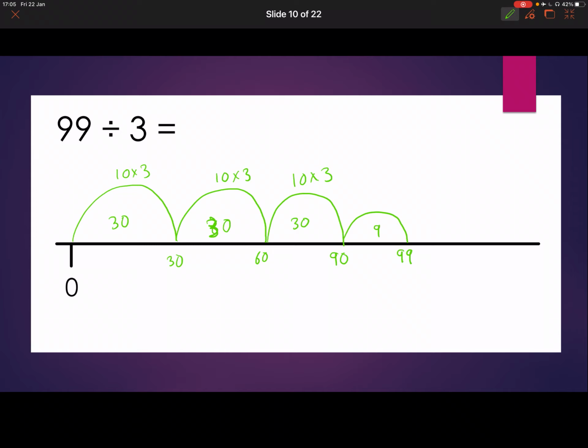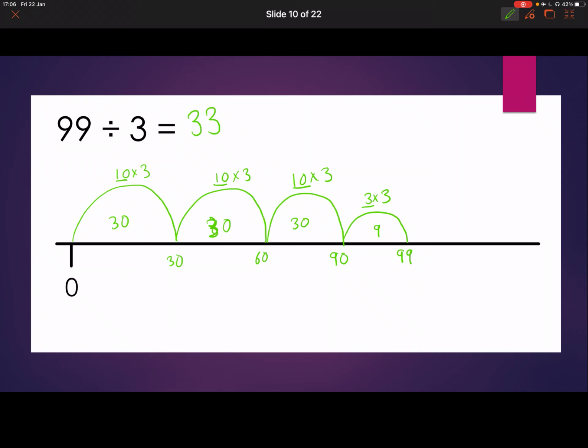Well, that's 9 more. How many 3's make 9? Well, 3 3's make 9. So I jumped 10, 20, 30, and 3. 33. 33 jumps. Now, some of you might look at that and go, oh, what about if I jumped 3 jumps